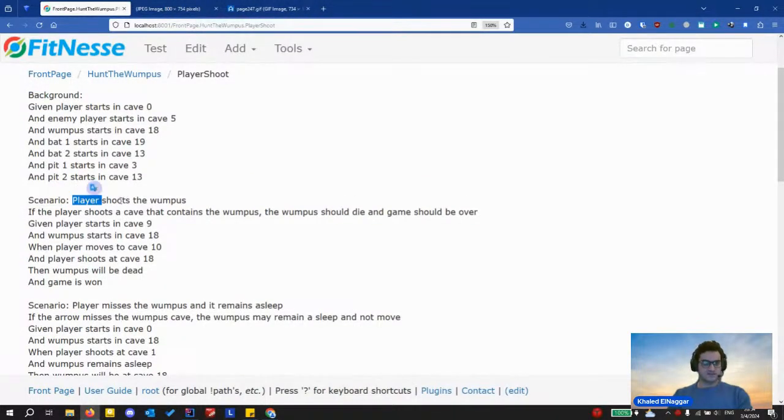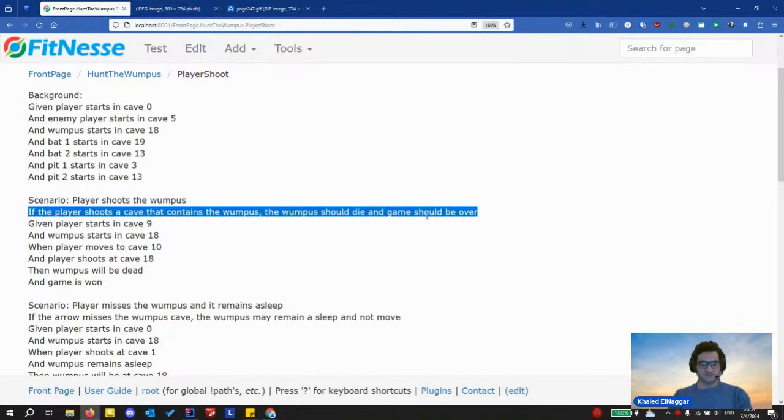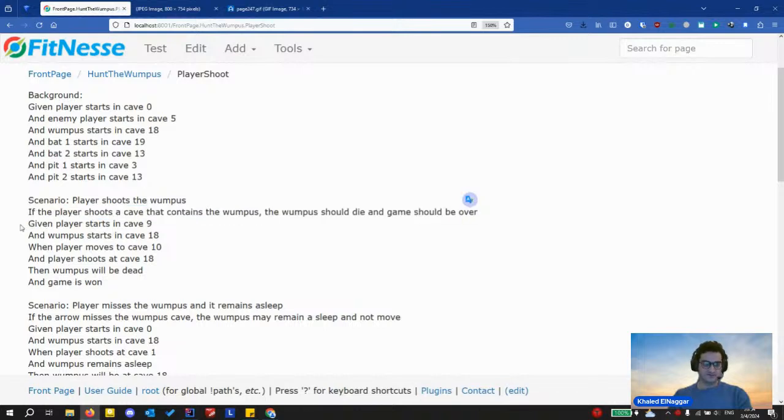It says when the player shoots, the scenario's title is the player shoots the monster. And the summary is if the player shoots a cave that contains the monster, it should die and the game should be over. And we start the player in cave 9, and the monster in cave 18, the player moves to cave 10, etc., etc. The player shoots the cave that contains the monster. The monster will be dead and the game is won.